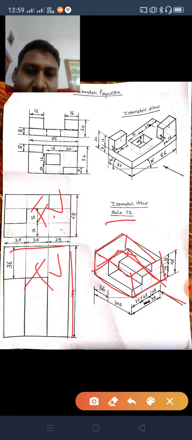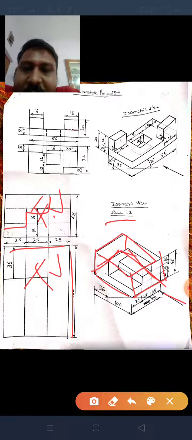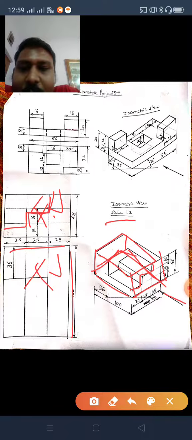Now for front view, you see this is the zigzag part, 25 and 16, 25 and 16. Likewise I have done here. This is drawn, and since in the top you see this part, likewise from top it is 36 depth. That's why I have taken 36 from here and produce it, and this length is of 25. So from here 25 is there.